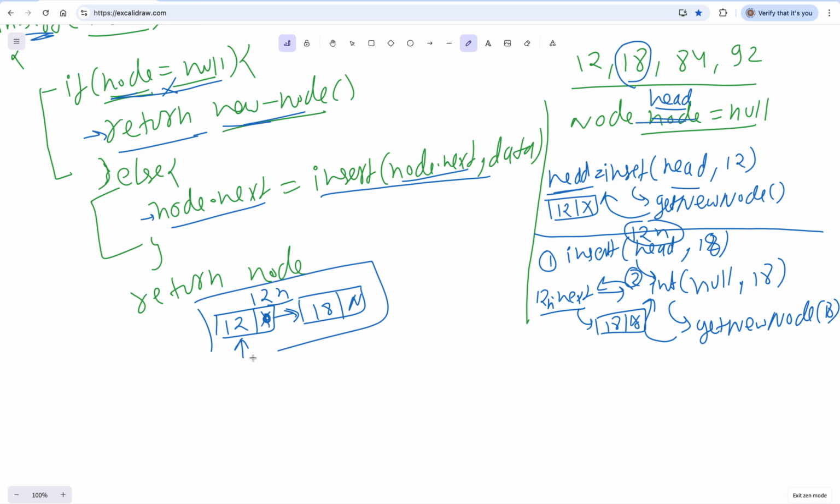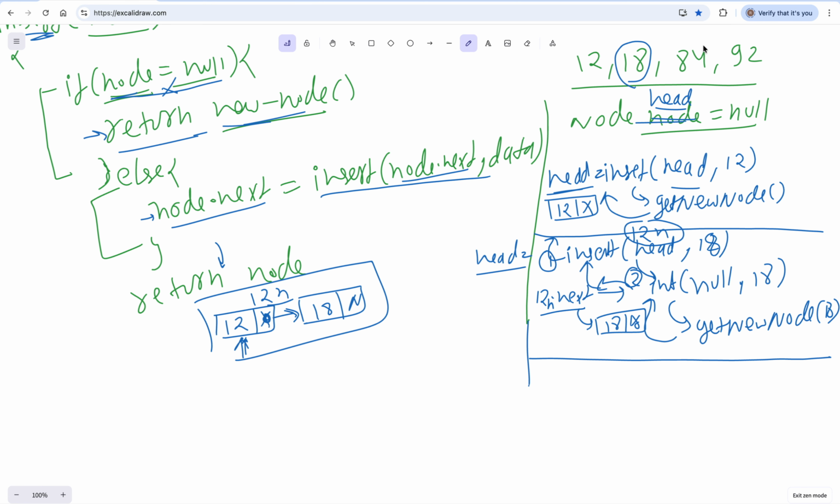Okay, and at the end, after that you set the node, then control will come here. Then this will return 12 and dot next. Okay, and at the beginning what your node was, your node was this particular one, right? So this insert will return you the first position again. So your head will be pointing to the first. So again, this is our second call.